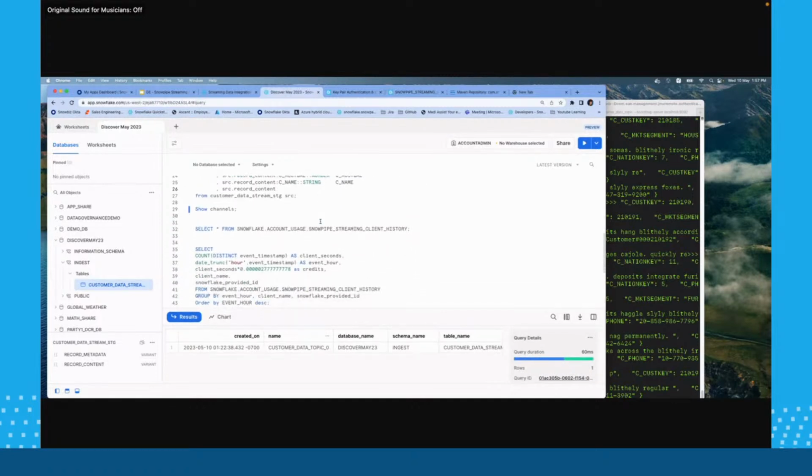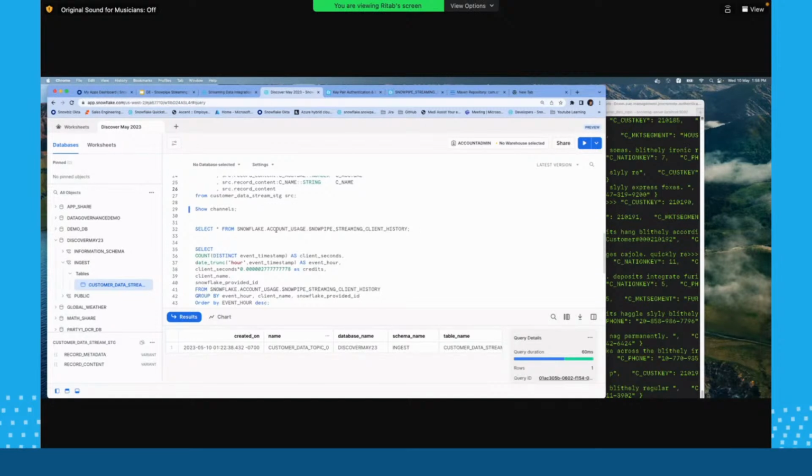Now, when I talk to my customers, the question that very often comes up is how do I monitor my usage? How do I know how many credits I have burned with Snowpipe? People are aware of how to see the credits burned for Snowpipe, but how do I find out the Snowpipe streaming credits?